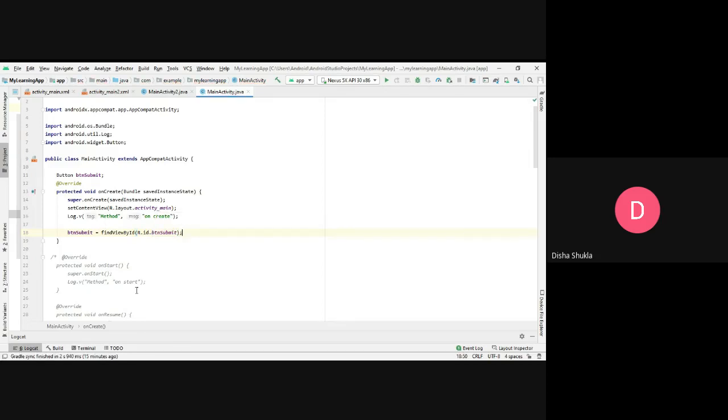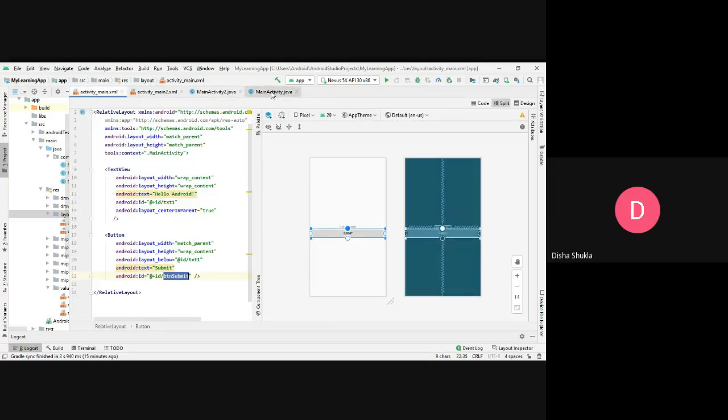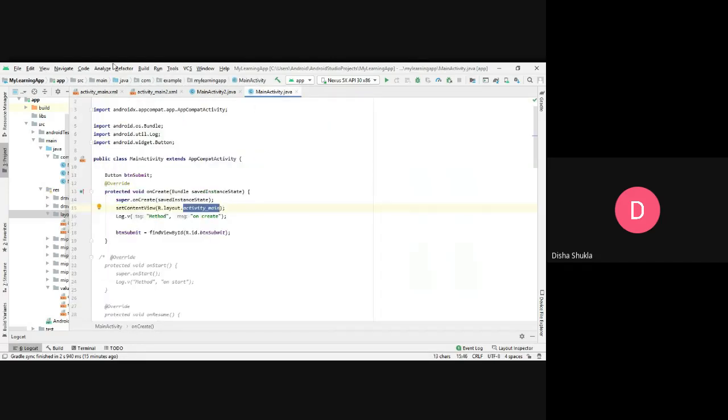Again, the last time I told you that we have an R file, called the configuration file, or sorry, the mapping file, wherein we are writing that this activity is related to this XML file and all the objects that we have in it. Here, as we use setContentView, in setContentView we are using R.layout, because that was a layout file that we were using for setting the content, and then we named the XML file that we have, that is this file. Now again, this button is located in this file.